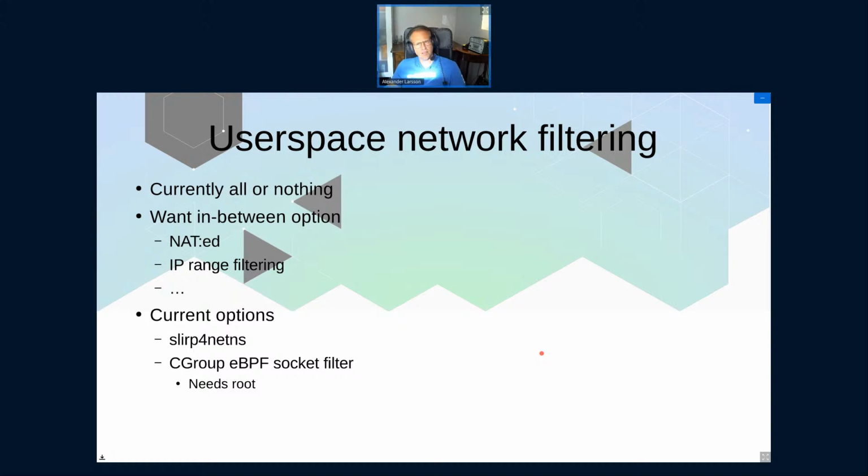I think there's a socket filter for cgroups now, but it's root only. I mean, it was, at least last time I looked. It would be cool if that was accessible for non-privileged things, because that might allow us to do this in a better way.